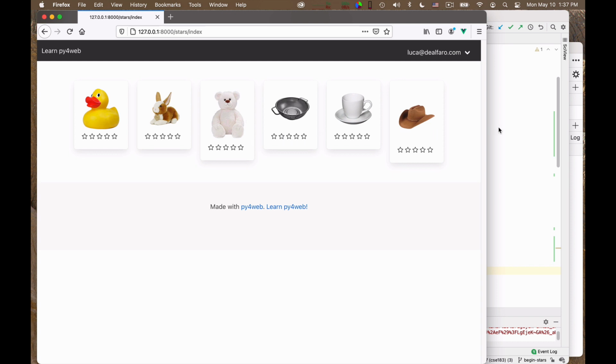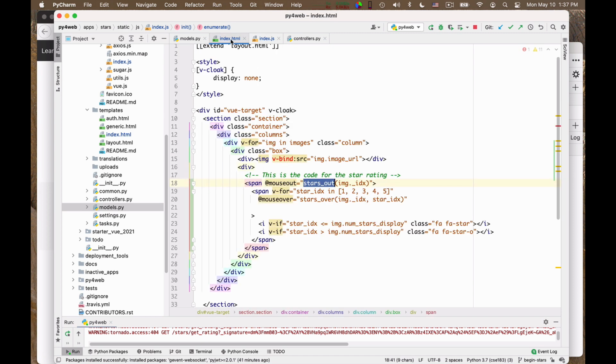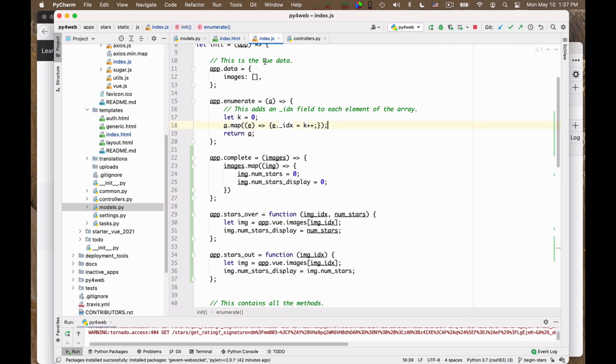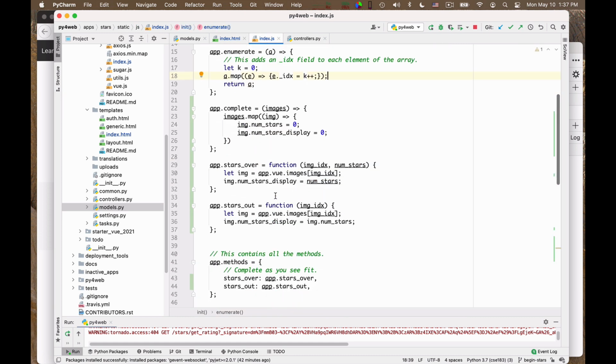So I need to build a handler for that event, and I go here, and where I wrote mouse over, I say click is equal to set stars of image index and star index. Okay, so this will be it, and now I need to define this method in Vue, and I define it here.